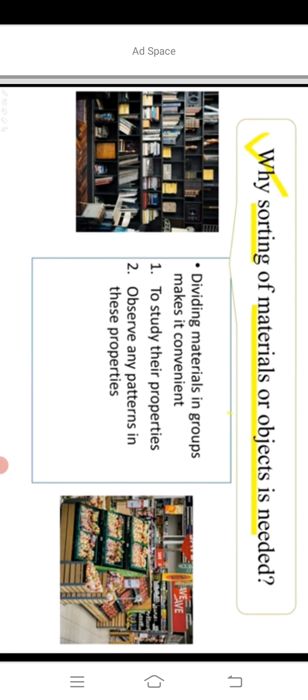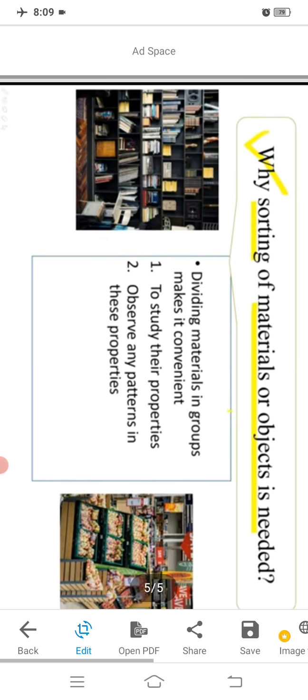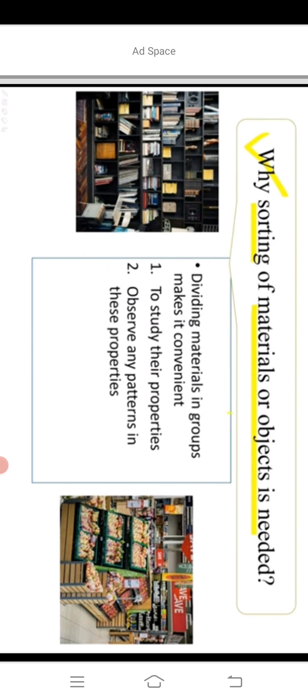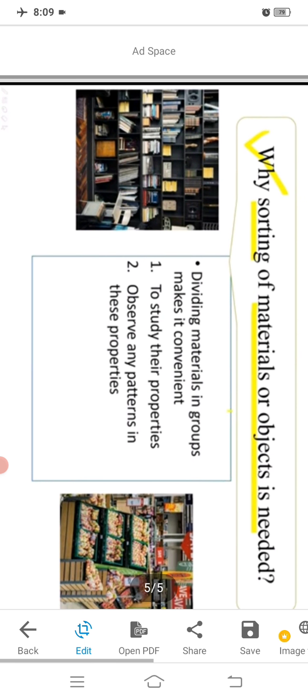Another reason is that dividing materials into groups makes it convenient to study their properties and also observe any patterns in these properties. You watch this video and read the NCERT